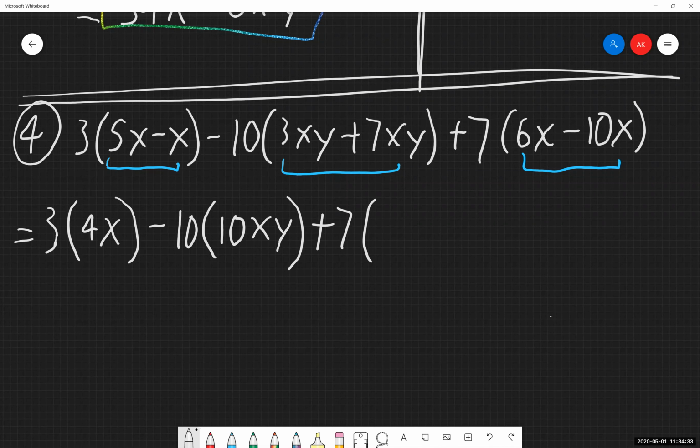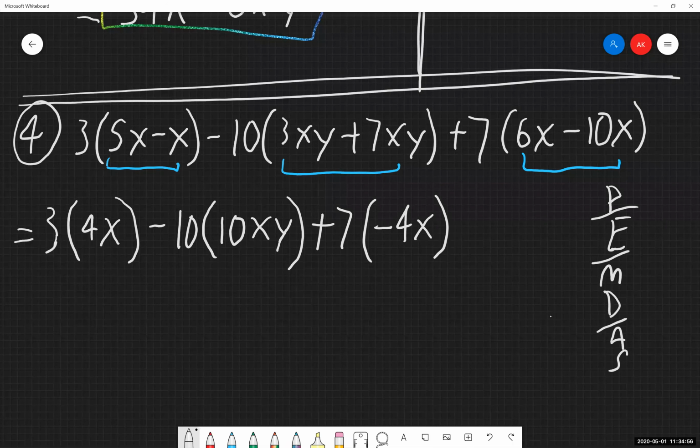Then looking at the last set, I've got x's again. So I have 6x minus 10x. It's going to give me a negative 4x when I do that there. So I've done everything that I can inside my set of parentheses. I think I might have space to write in PEMDAS over here now. Okay, we've got space for this. Excellent. So we've done everything inside the parentheses. We don't have any exponents. Multiplication, we have a bunch of things that are multiplying together here. So let's go through and do that.